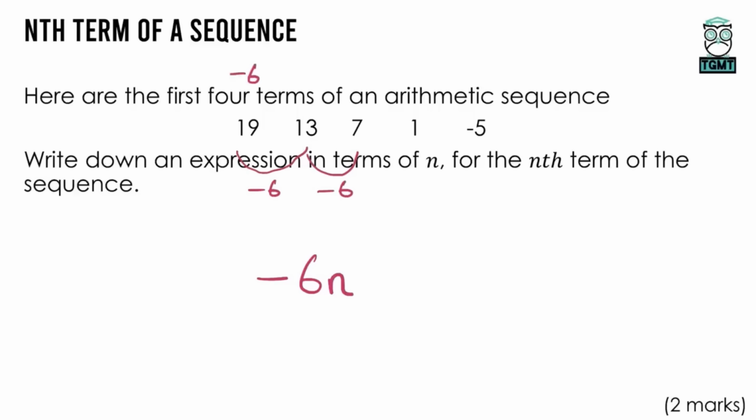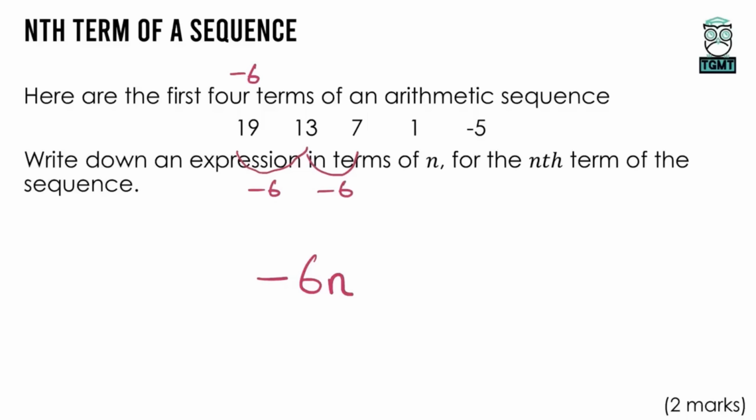So all we need to do is think about how much bigger this sequence is than that negative 6. So I like to write that number above the first term in the sequence. Here we have the number 19, and then I'm thinking about some negative numbers here, how I would get from negative 6 up to 19. Well, it's a jump of 6 to get up to 0, and then an additional 19 to get up to 19. So it's 6 plus 19, which you could also do on your calculator,